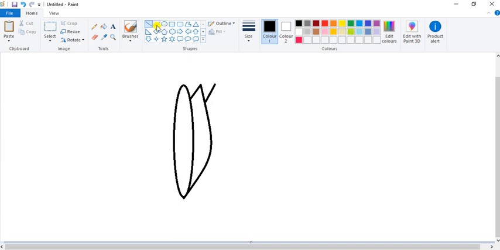Then afterward select the curve tool. Draw a curve line from the end point of this line to the end point of the oval. See here only. Take your mouse pointer in the middle and drag it. Done. Now click here only. Again, same thing.